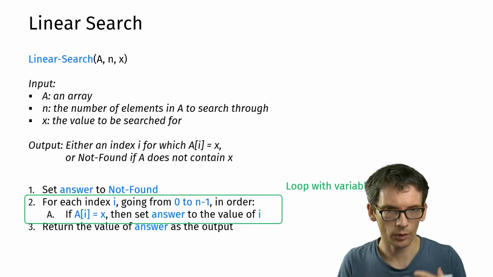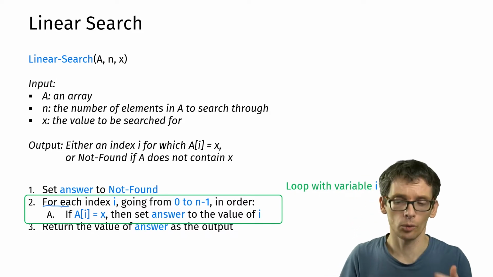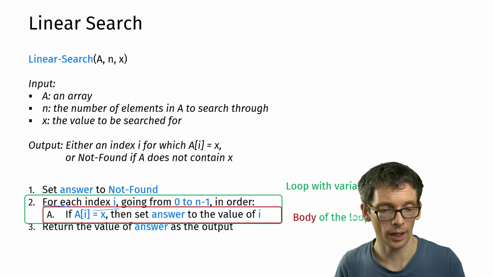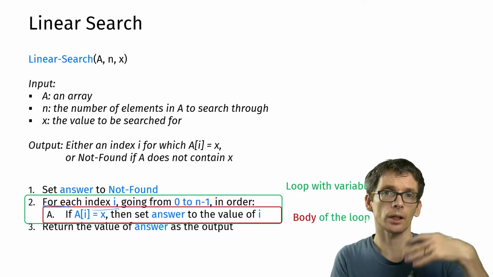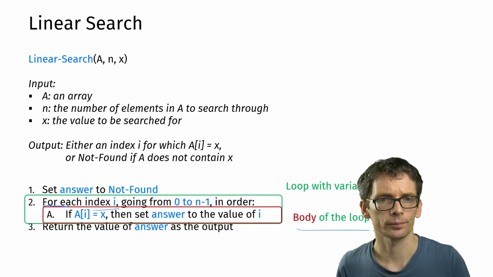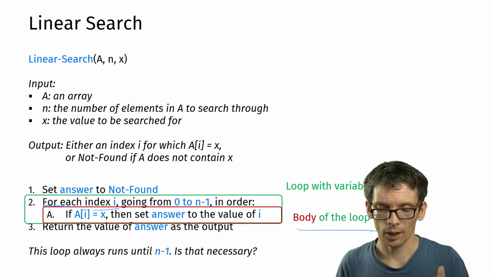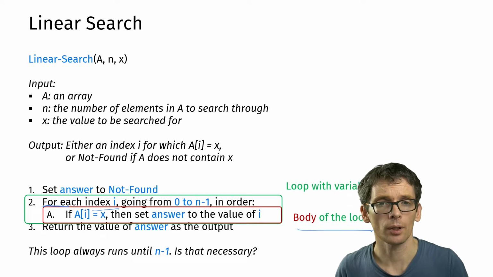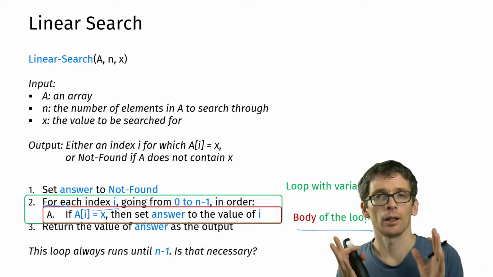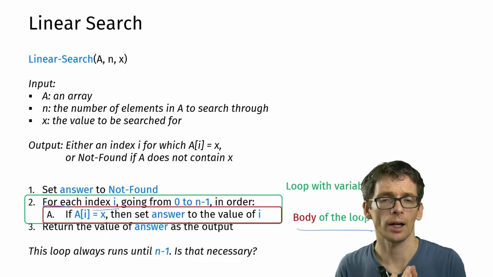Once more, in terms of how we talk about loops: this for tells us that we have a loop that runs over i. The loop variable is i. And the inner part, the part that we are executing over and over again, is called the body of the loop. Here, this loop is executed n times. We can wonder, is that really necessary? If you have thought about how you would implement the search, you might already have wondered,